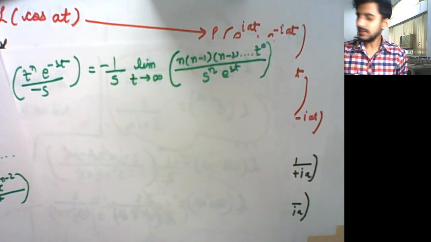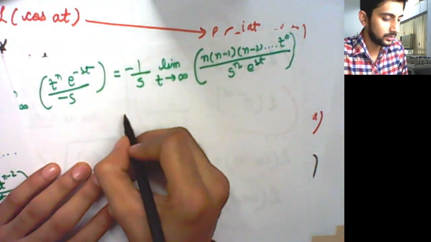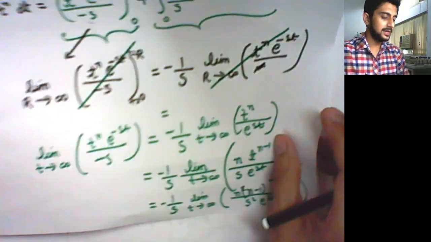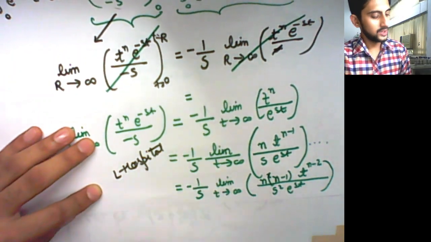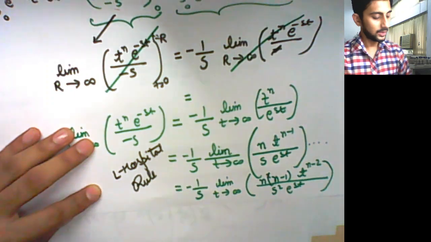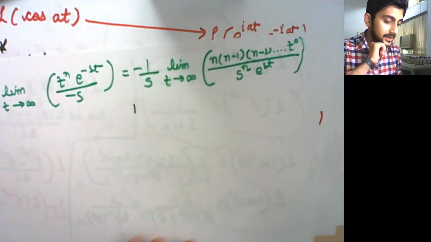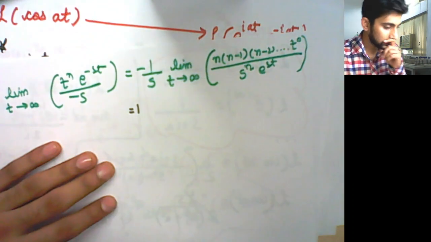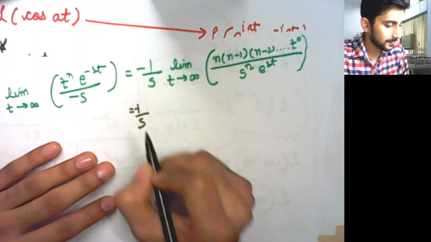Okay, so finally after taking n times the L'Hopital, applying the L'Hopital rule n times, we have done nothing but applied the L'Hopital rule. We will call it the L'Hospital rule or L'Hopital rule. We apply the L'Hopital rule to find the limit. By doing this, what we found is that this was minus 1 upon s. Now see,